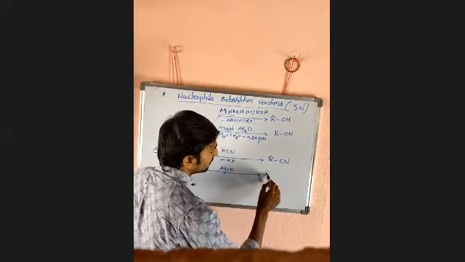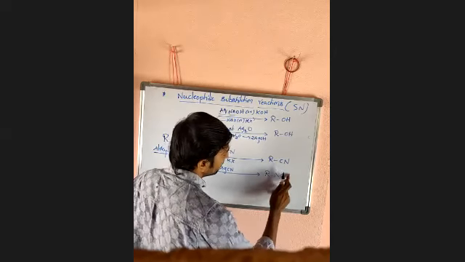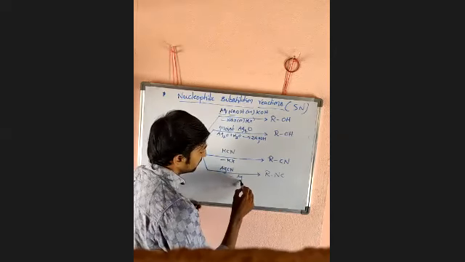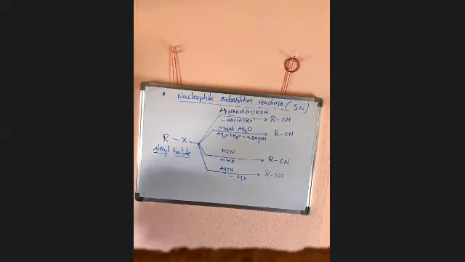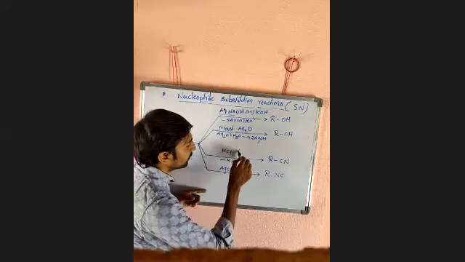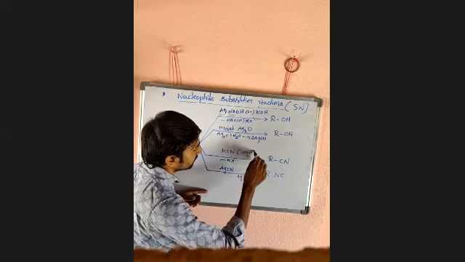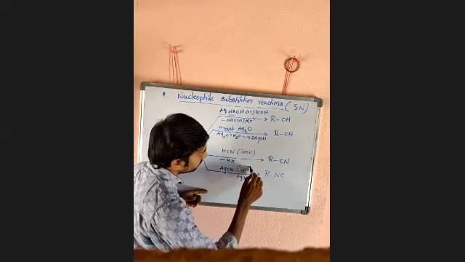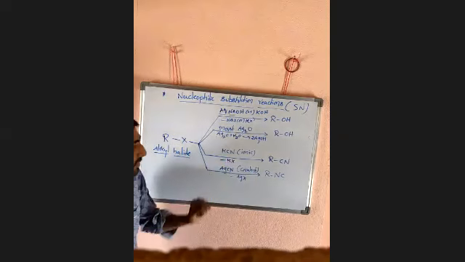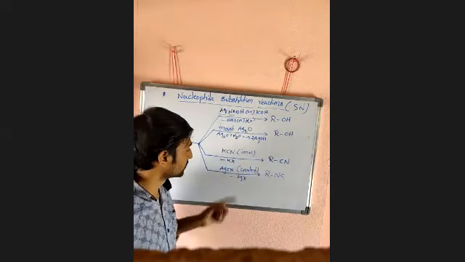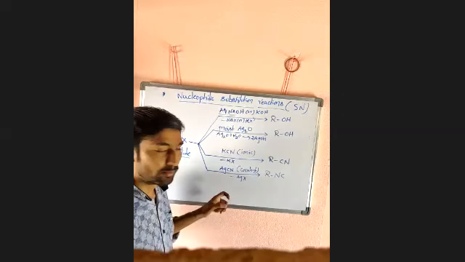Here the product is RNC, minus AgX, definitely RNC. CN means cyanide, NC means isocyanide. Why is isocyanide formed here? Because KCN is an ionic compound, where CN will directly attach. AgCN is a covalent compound. Plus CN minus, Ag.